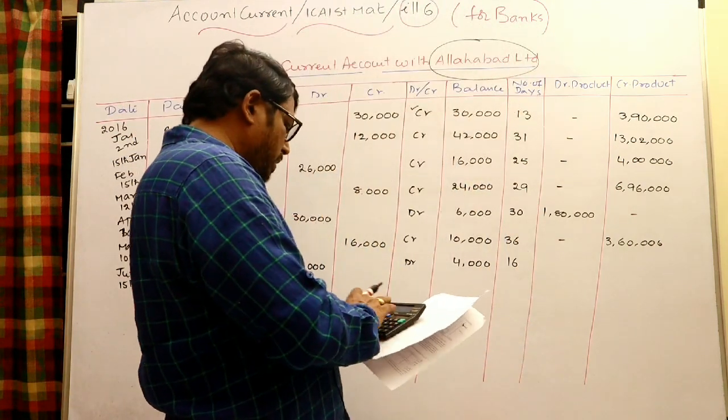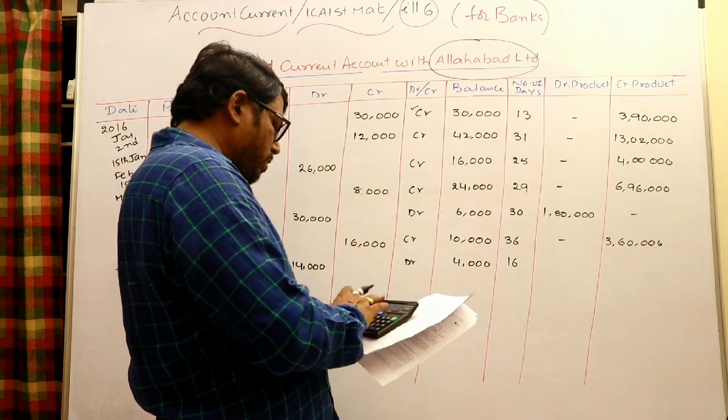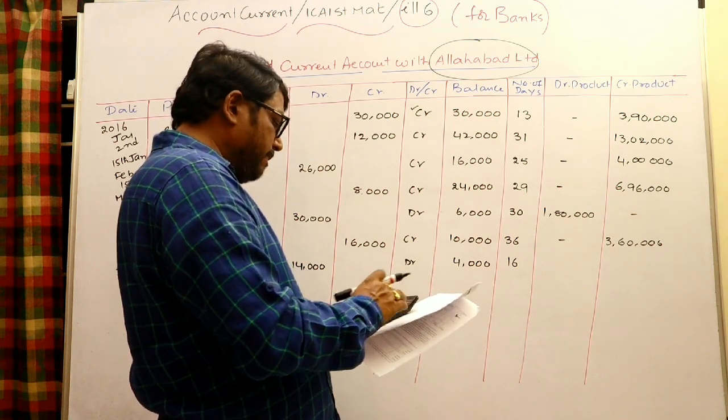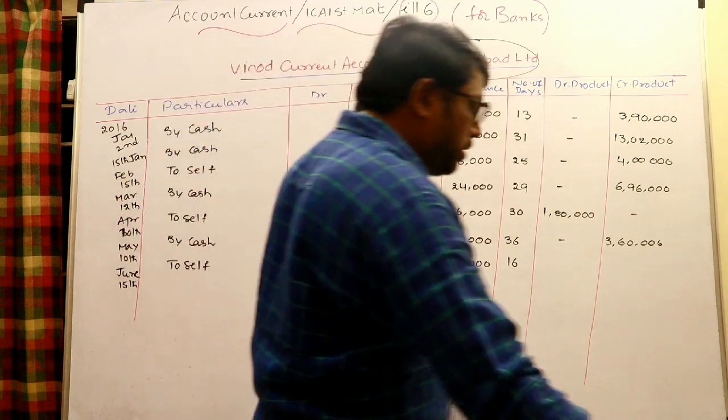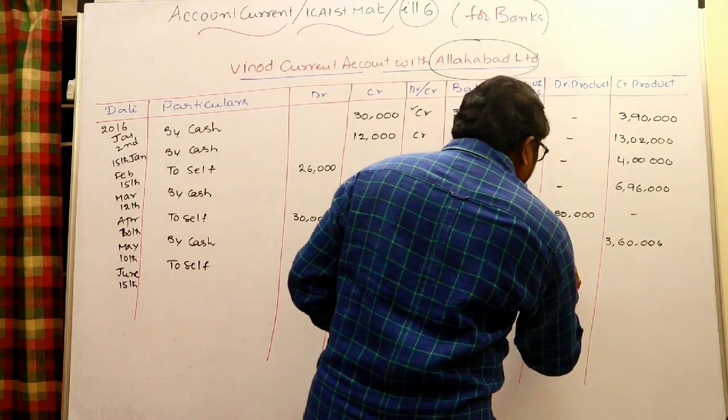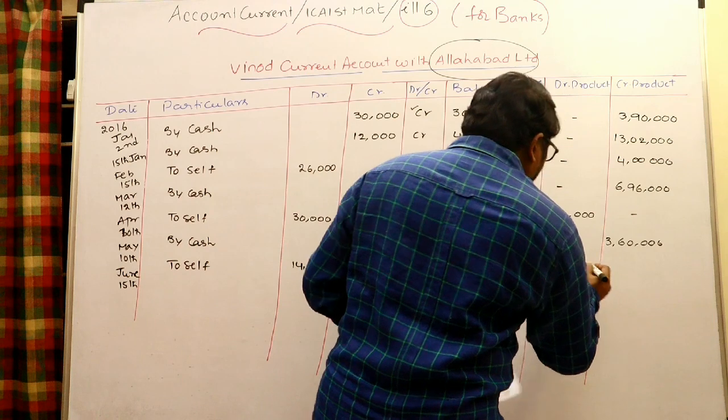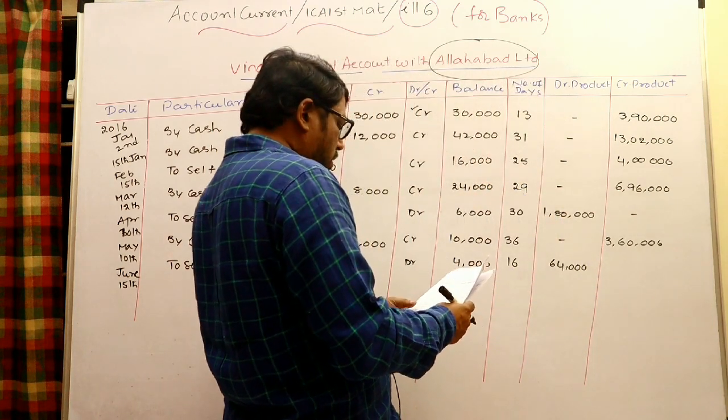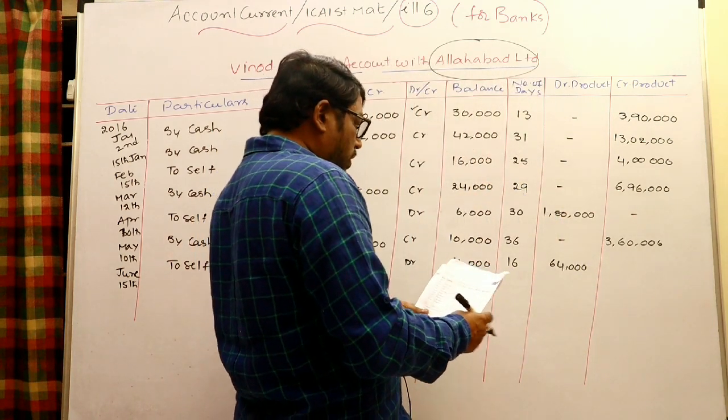For this interest to be calculated, 4,000 into 16, 64,000 debit product. 64,000 is the debit product. Okay, that's all. No more items. Now let us go to the